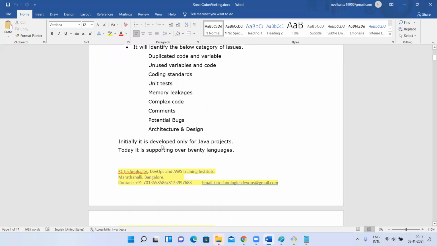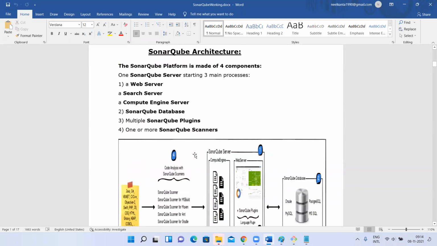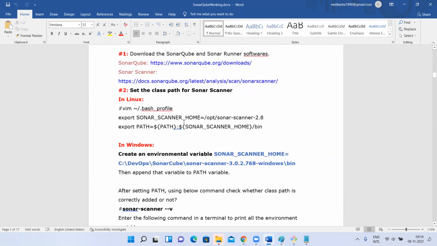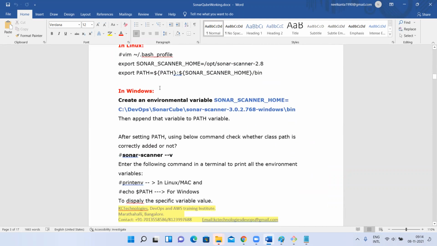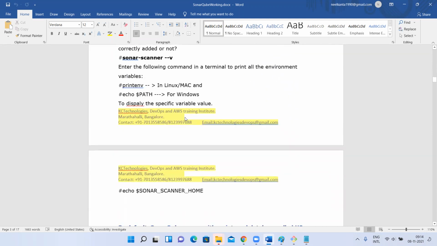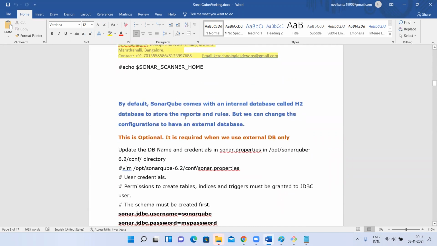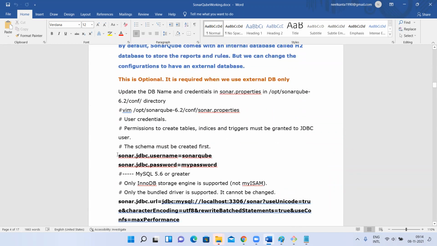I explained the SonarQube introduction and architecture. Next, I explained how to install and configure it on Windows. How to use an external database, I'll show in a separate class, but I said where it has to be changed: sonar.properties in your SonarQube server. Under the conf directory, there is a sonar.properties file.